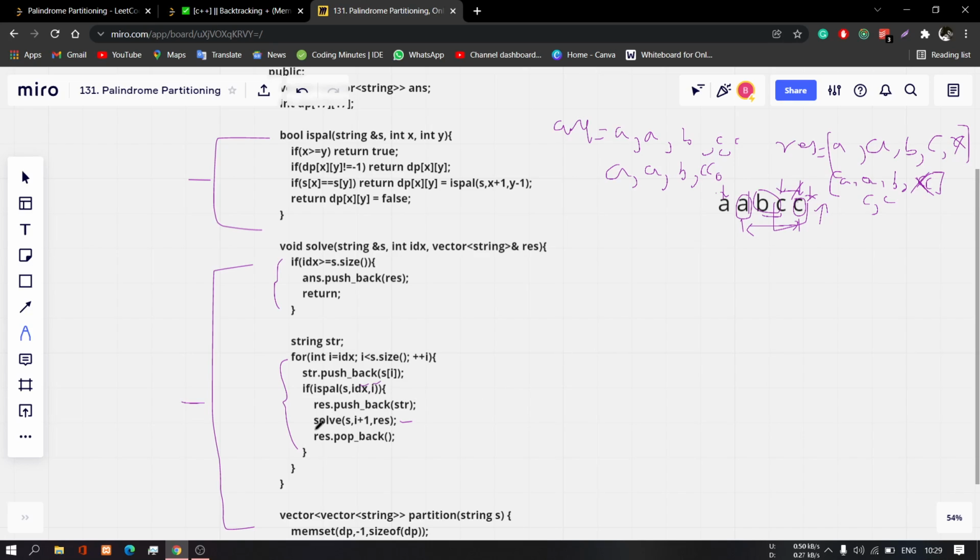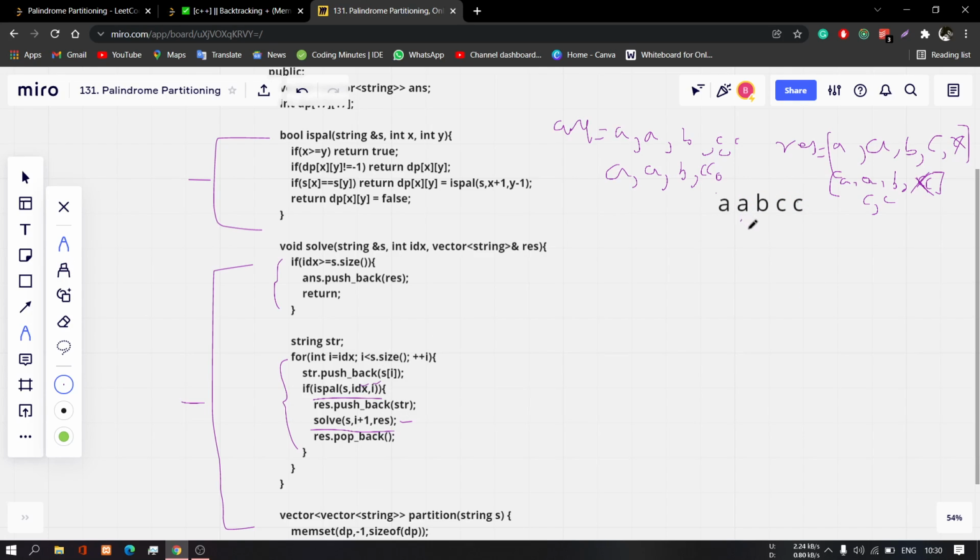Okay, you can see that we call the next solve function only when the element is found to be a palindrome. For example, as I said, if you take CC, CC is a palindrome, so it calls. If it is not a palindrome, then it will not call the solve function.